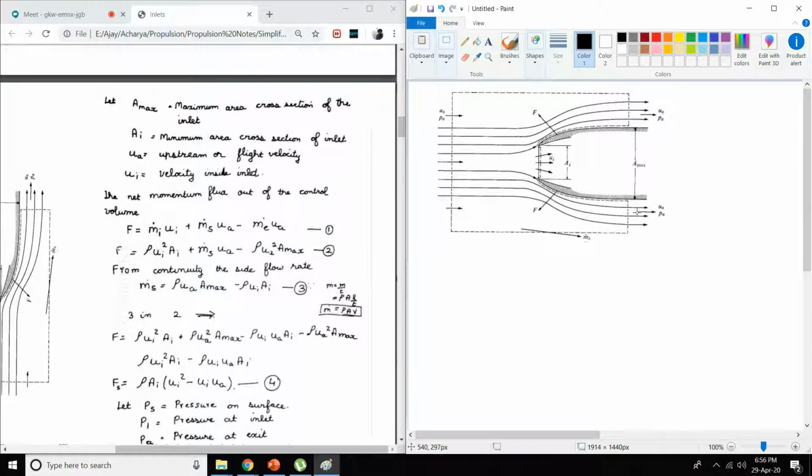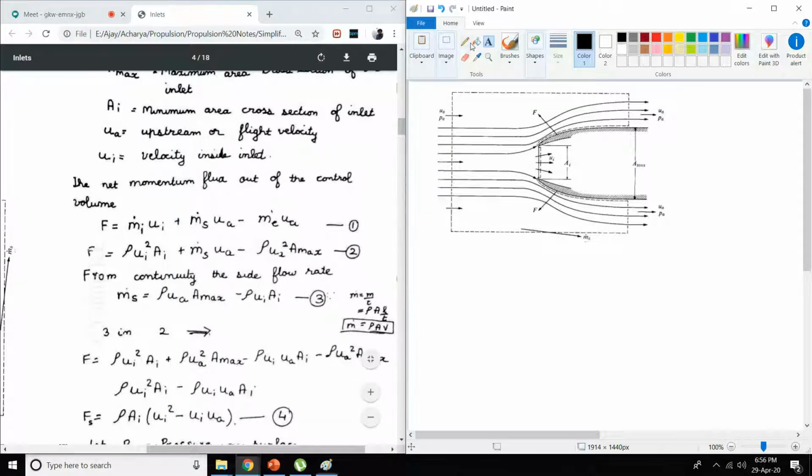Okay, so now what we know on a 2D sketch is that the overall force acting is because of these three places: one is here, one is here outside, and one is this one, correct? So you have three surface areas to face. One is your spillage area, and your inlet area, and your mass flow rate area, correct? So if you take that,